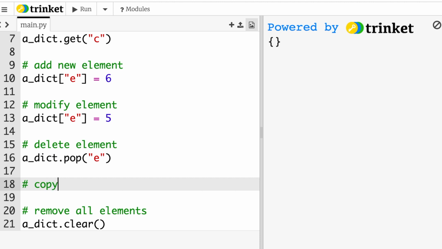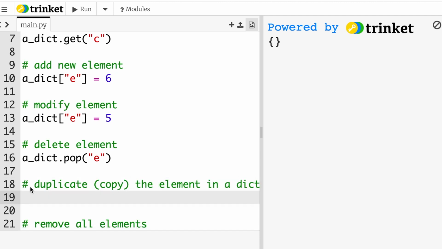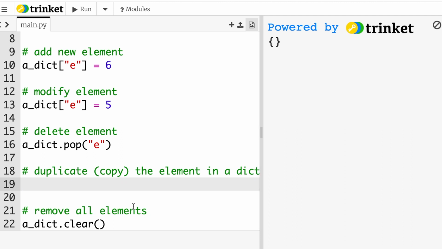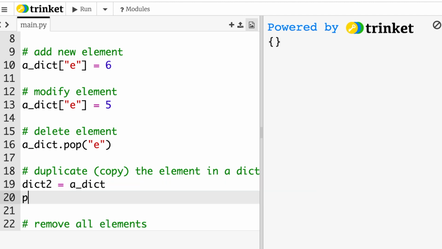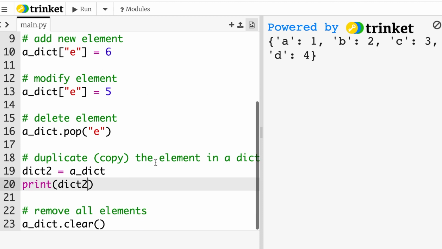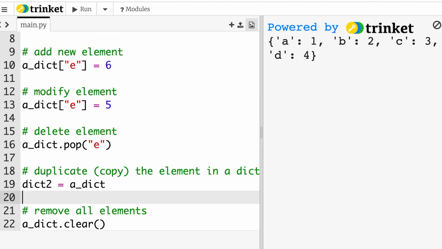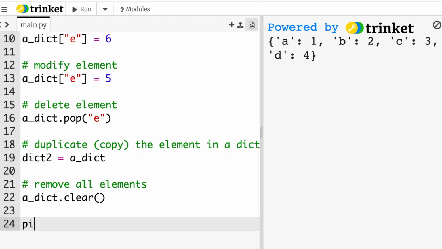So how do you make a duplicate of a dict? What you can do is use dict2 equals a dict, and print out dict2. Alright, so we tried that. Alright, it's working. But there's a problem when I try to print out dict2 here,